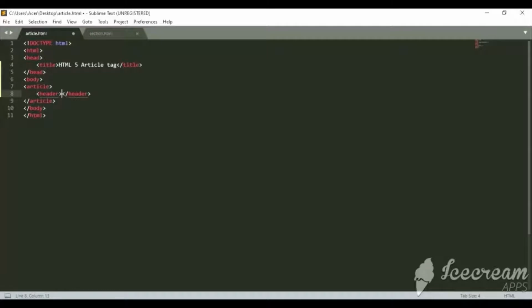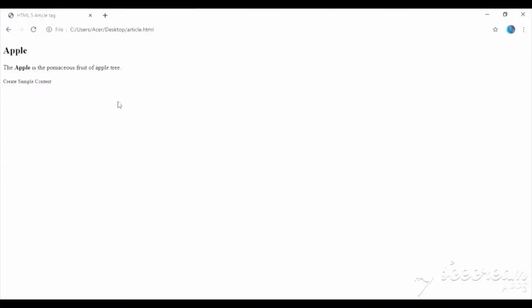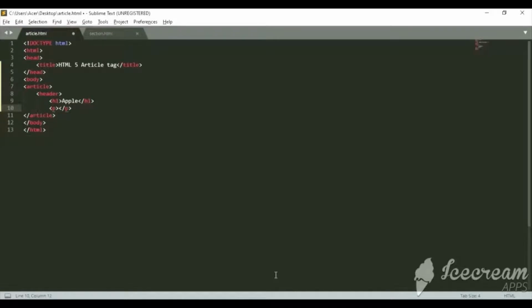In the header I'm going to give an h1, and here I'm going to write something like apple, and in this paragraph I'm going to take another tag called time, and here I'm going to write the published date of the article.